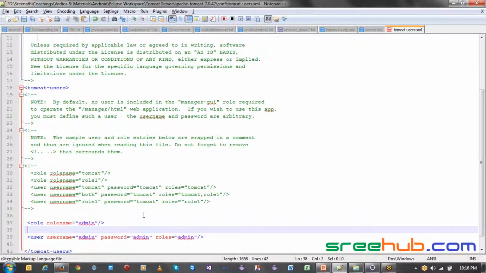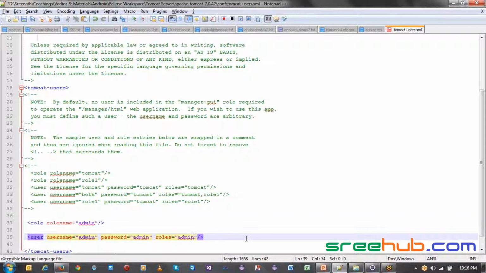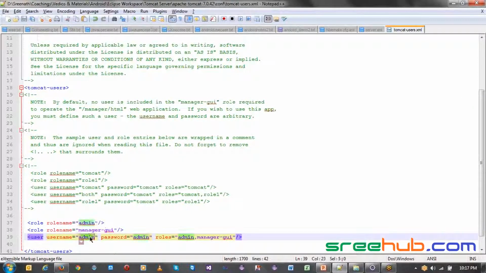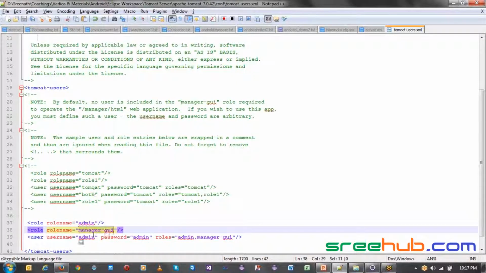So let me create one more role. To give more roles, just give a comma and paste it. We have to create the same role here, which is manager GUI. This will give you complete access. That admin can be both main admin and manager GUI. He can access anything you want.